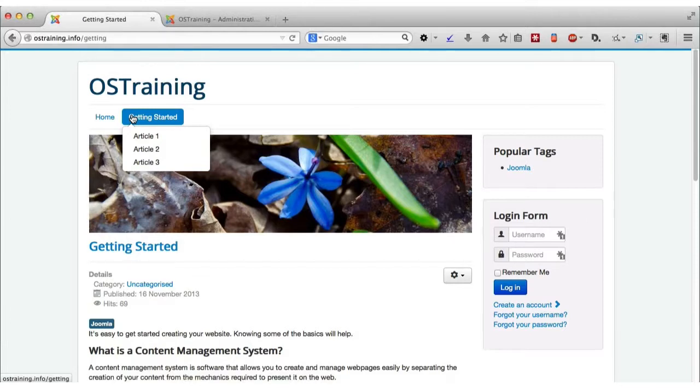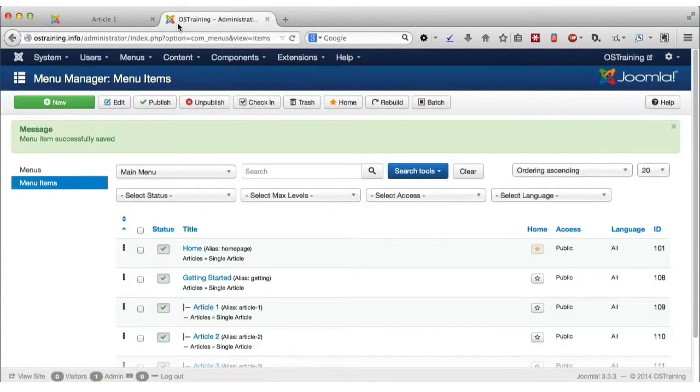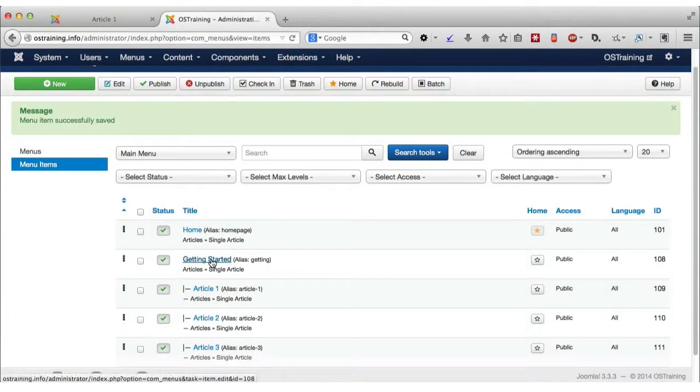And this applies to the top menu links, and it also controls the sub-menu links as well. I have Article 1, Article 2 and Article 3 as drop-down menus. If I visit Article 1, you'll see that the URL of this page is controlled by the menu link. It's now simply getting. If I go back to my menus and main menu, and if I change the alias